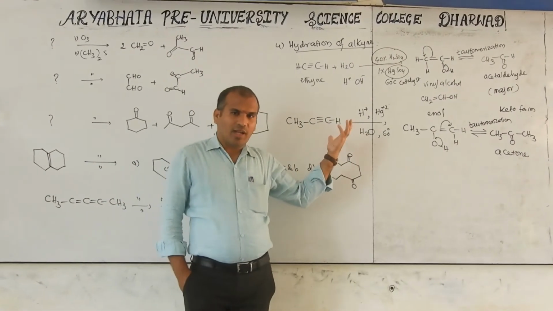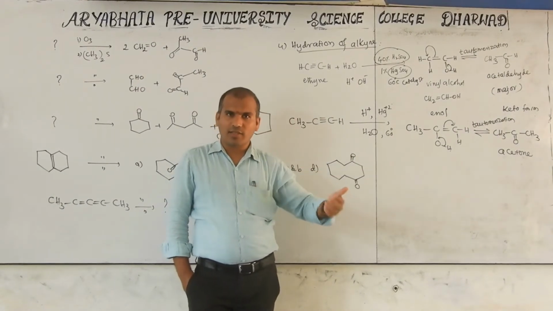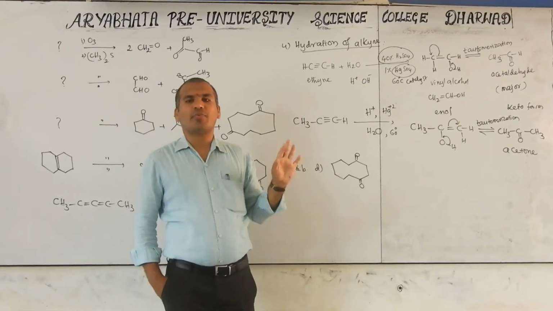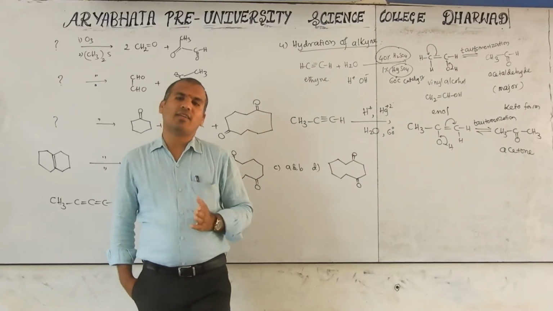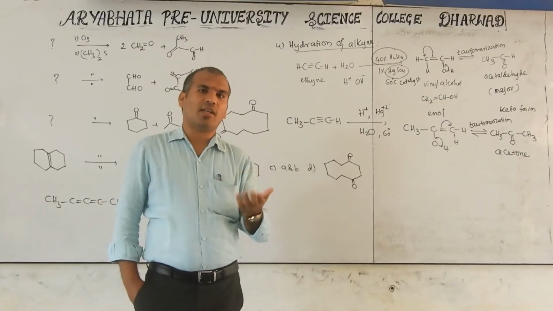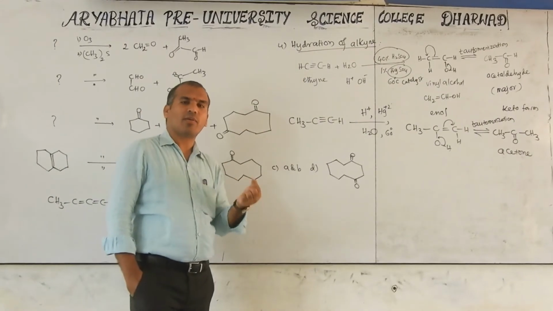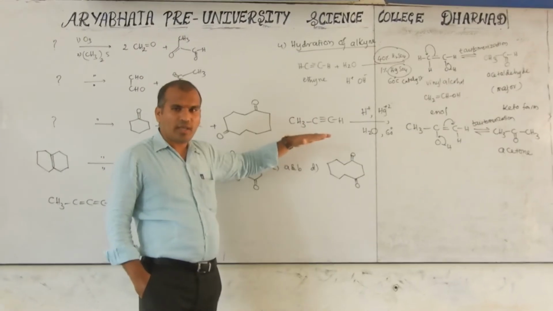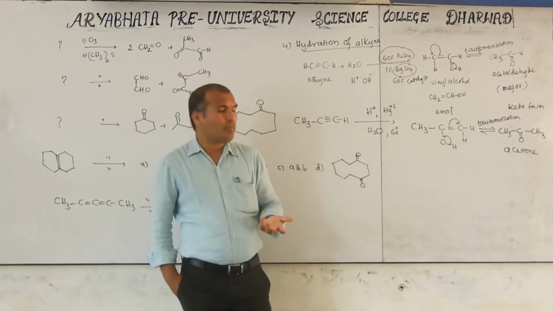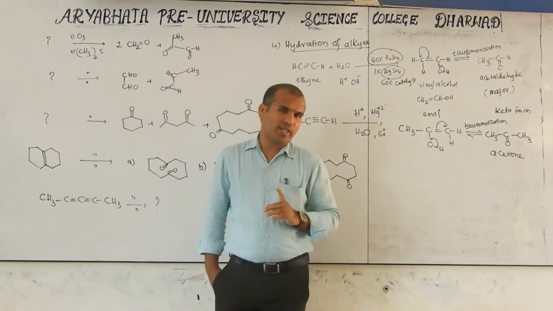It is according to electrophilic addition. I mean, the carbocation forms first, and then the reaction follows. But here there is no rearrangement, so keep in mind and note down that there are no rearrangement products. You may have studied already in the alcohol chapter and the haloalkane chapter, in alkene addition also with the Markovnikov rule, sometimes a rearrangement product is possible. But in this case there is no rearrangement product because the mercury forms a cyclic mercurinium ion. That's why there is no rearrangement. That is a very important thing for competitive exams.